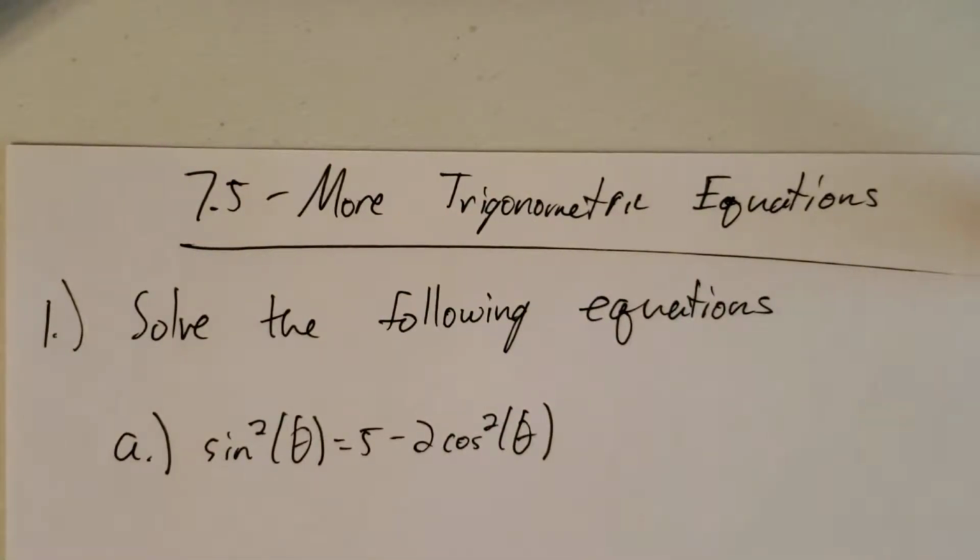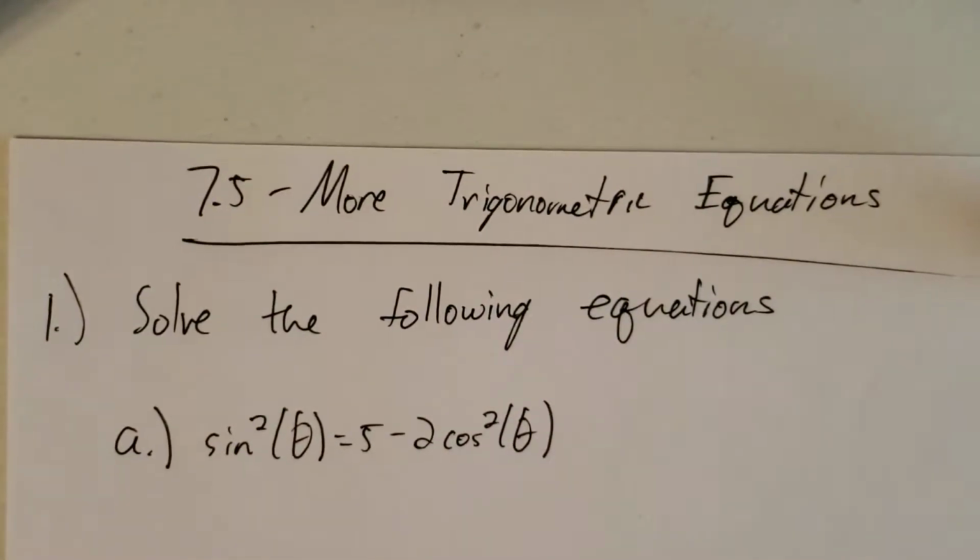In this video, we're going to cover section 7.5 on more trigonometric equations. In the last section, we covered some basic trigonometric equations, i.e. equations with trig functions in them, and we solved for the angles. Here we're going to do the same thing, except the equations are going to be just a little bit more complicated. So our first example is going to be sine squared of theta is equal to 5 minus 2